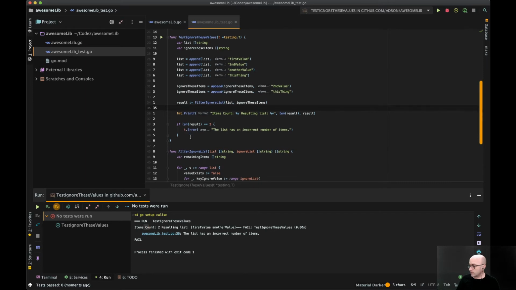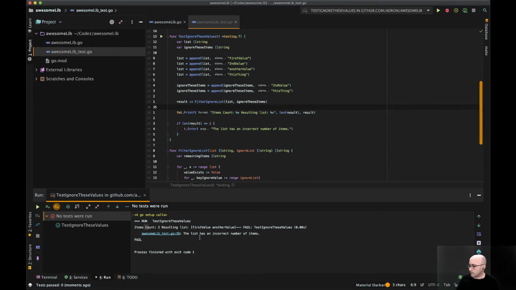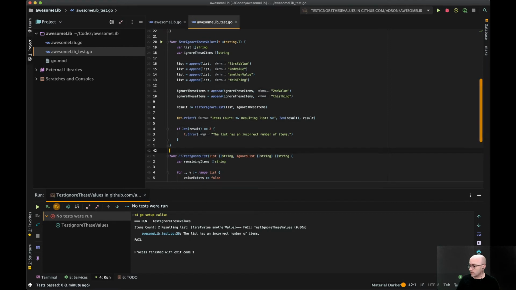Items count 2. Okay, now I'm, uh-oh, what did I do? List, items count is 2. The resulting list is first value, another value, which is correct. So why does it say that 2 is not the correct result here?